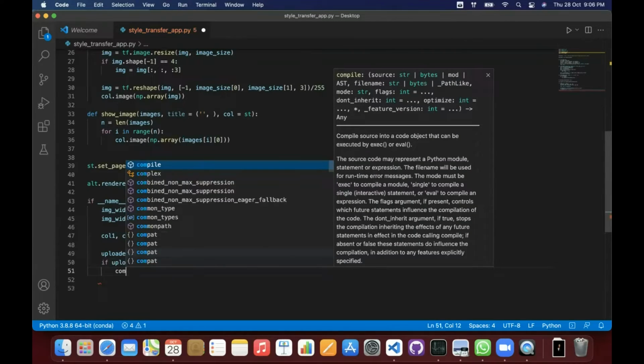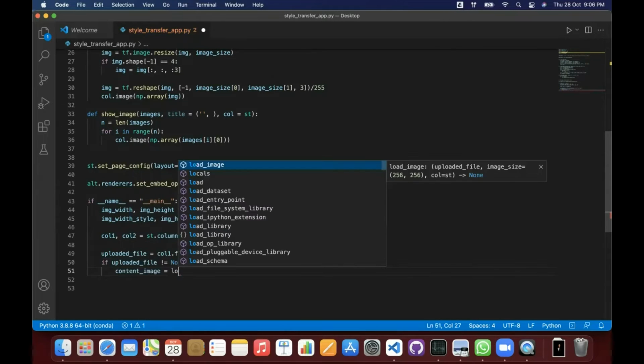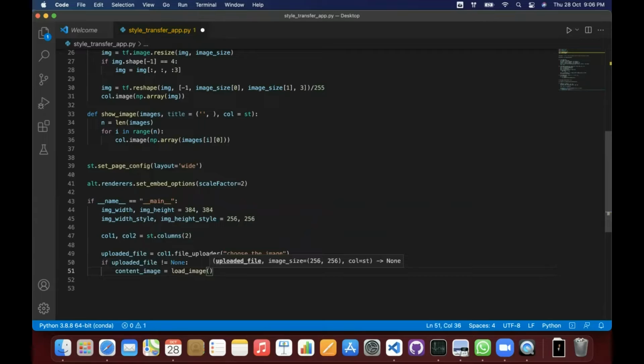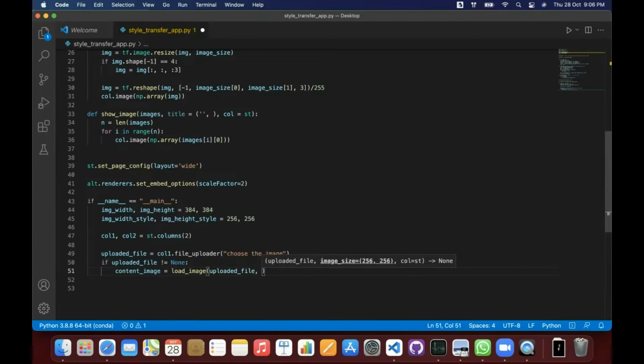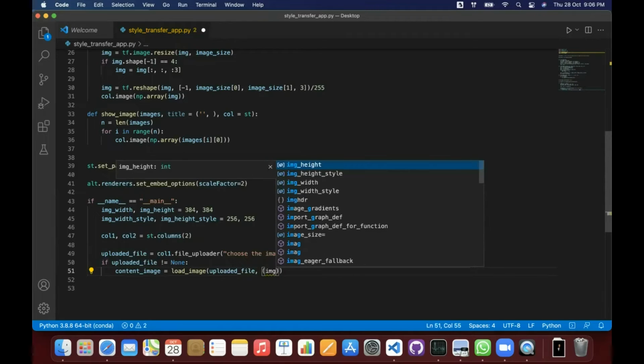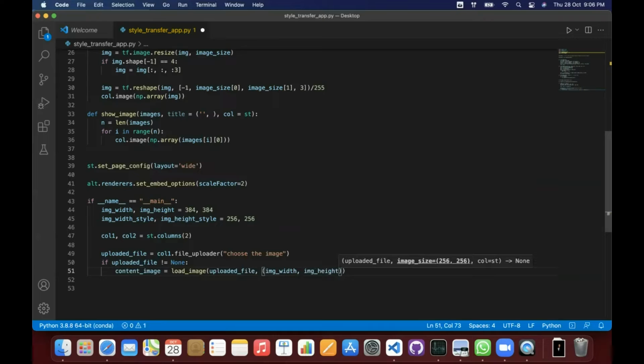Content image is equal to, I'm naming this original image as content image, I mean the image on which I want to put the style, and I'll call that load_image function and pass this uploaded file, comma, img_width, comma, img_height as the shape, and I will also pass the column as col1, so col is equal to 1.